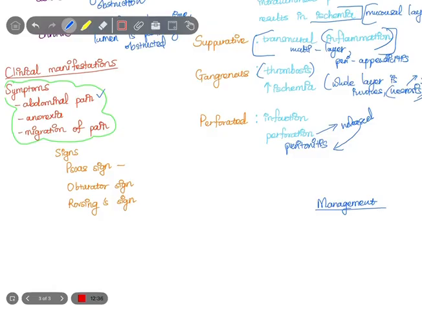Colicky because, as we discussed with periappendicitis affecting other nearby structures, in suppurative appendicitis the first structure to be affected also includes the visceral layer. That is the layer that surrounds the organ. This is innervated by autonomic nervous fibers. That means that the pain is going to be dull, the pain is going to be colicky,